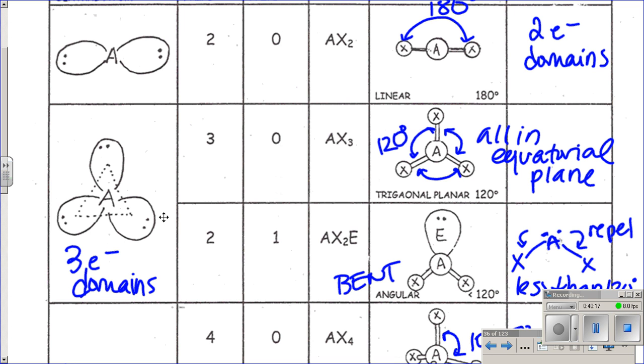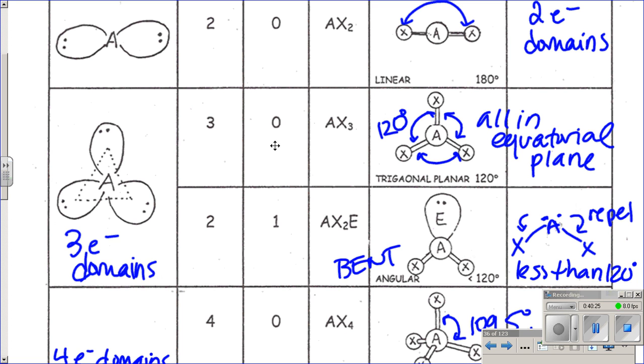Looking a little farther, we have 3 electron domains, so we've got another electron pair or another bond, and there are 2 scenarios in which that can take. The 2 scenarios are where you have 3 bonds and no lone pairs. The best arrangement for those bonds to be farthest apart is 120 degrees apart from each other, because don't forget you have 360 degrees to work with. All of these will take place in the equatorial region. The equatorial region means that it will be a planar shape, because there's no up and down from that. It's just a flat shape. So that's called planar. It's specifically trigonal planar due to the fact that it is a triangle,